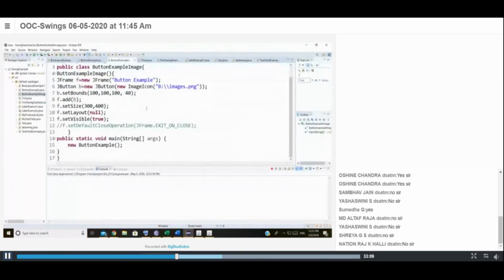Here I have not used any layout. I have used null layout. Now what I want to do is run this. If I don't give this thing, where my button should be present, set bounds, then we'll see what happens.